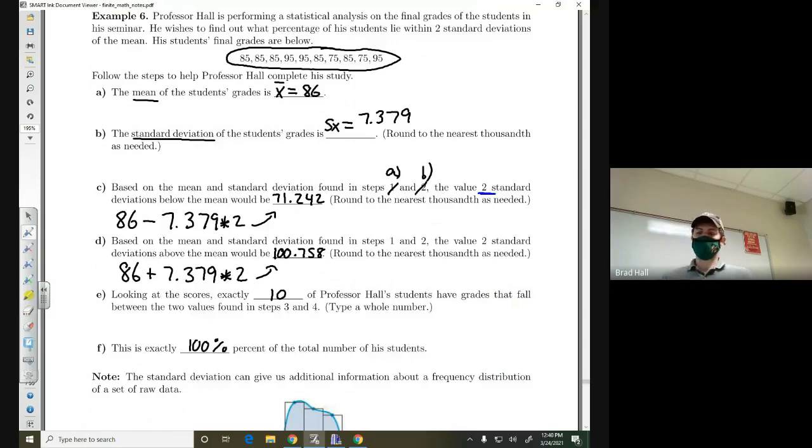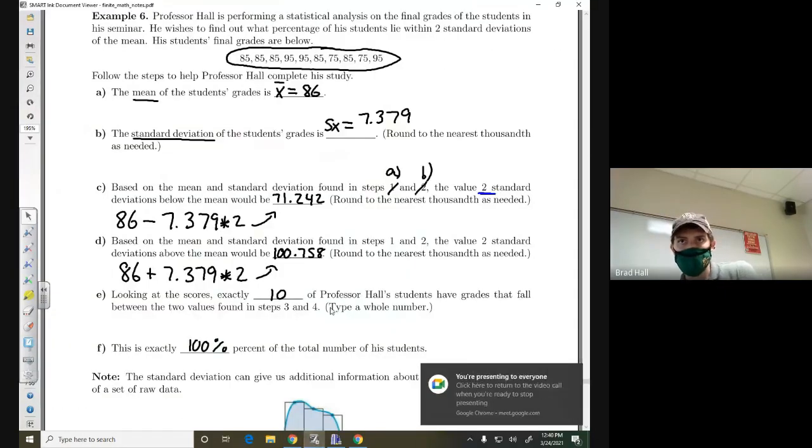So that concludes this problem. So it's a fairly straightforward problem, I think. Does anyone have any questions before we move on? If not,